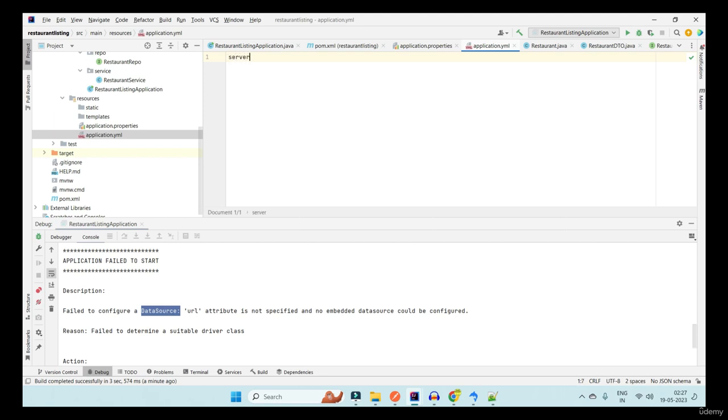So my server.port will be 9091 for restaurant listing service, 9092 for food catalog, and 9092 for order service. Apart from that, I also want this application to register to Eureka. To make it a Eureka client, I need to tell it where to look for the Eureka server. So I'm going to add now the properties to connect to the Eureka server. So Eureka client service URL to localhost 8761.